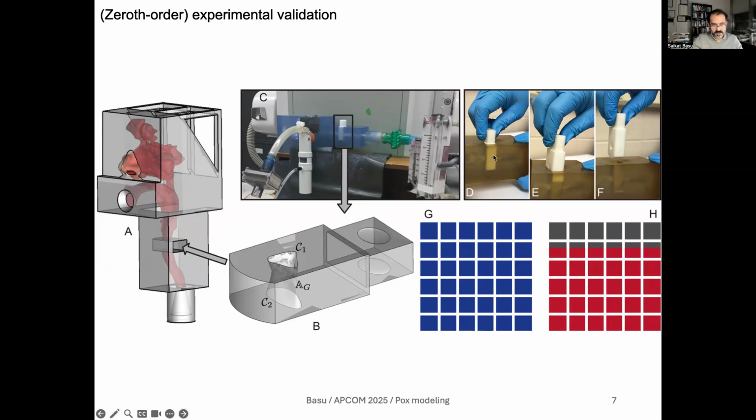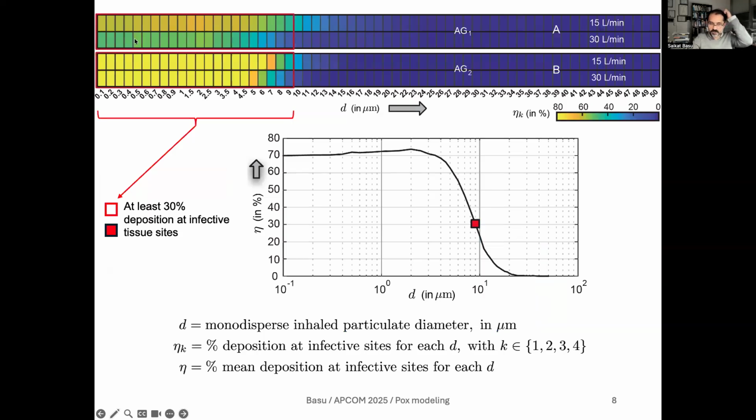the CFD ones. Overall, we got an agreement that ranged within 80 to 90%. So the deposition in the experiment was around 80 to 90% of the CFD predicted deposition at glottis. This slight difference makes sense because as we took the glottic plug out, we did lose some very fine particulates that had settled along the edges of this cavity opening in the plug. So with this zeroth order validation, let me now move into the actual